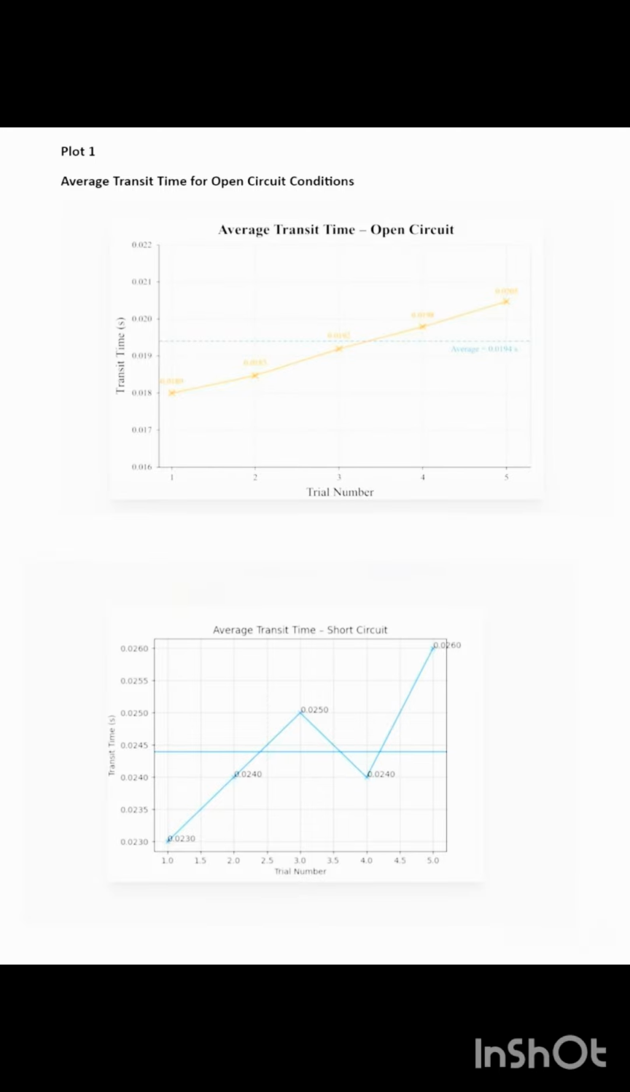This difference indicates that the magnet takes longer to pass through the coil when the circuit is closed, due to the induced current creating a magnetic field that opposes its motion in accordance with Lenz's law. When comparing the average values, the transit time increases from 0.0194 seconds to 0.0244 seconds, and the calculated braking ratio of 1.26, which is greater than 1, confirms the presence of the electromagnetic